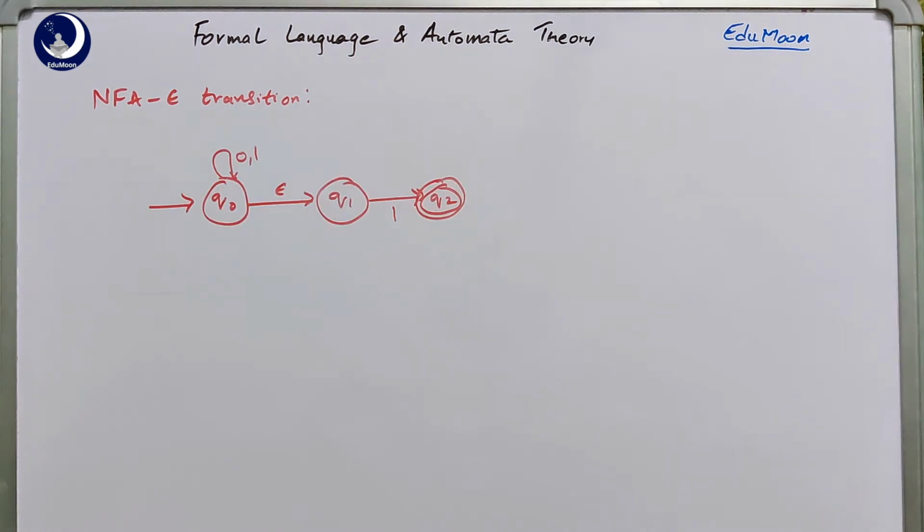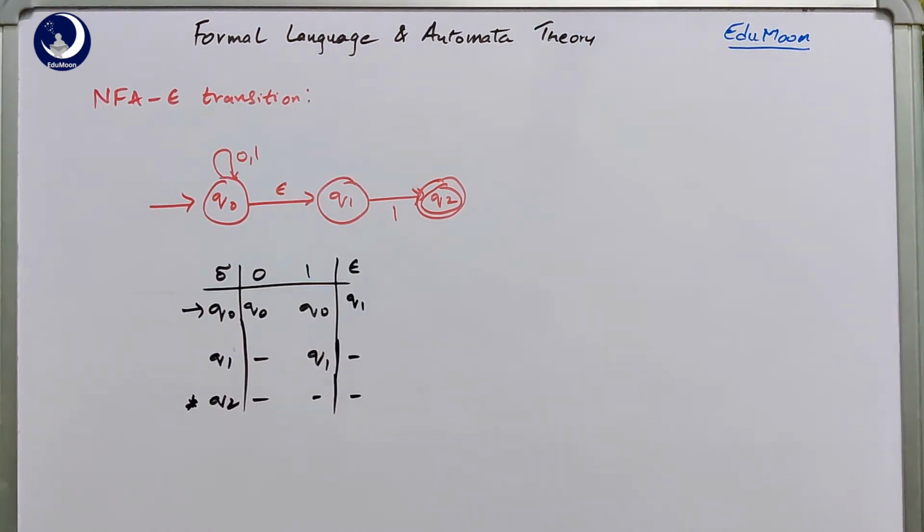So this is an example of an NFA with epsilon moves where the Q0 state has an epsilon move to Q1. That is, it indicates that from Q0 state without reading any symbol, we can traverse to a state called Q1, that is, reading an empty symbol.